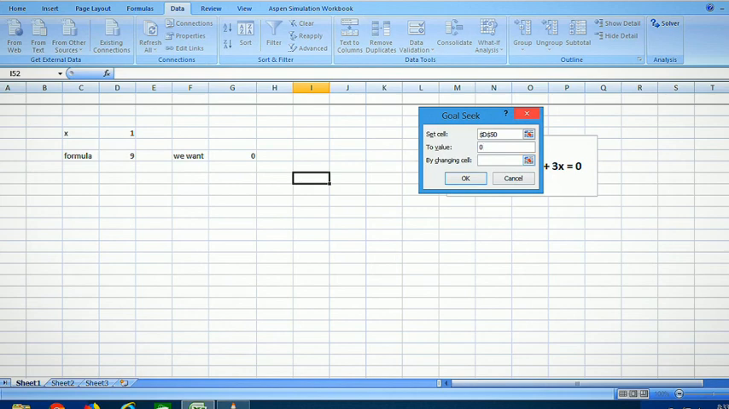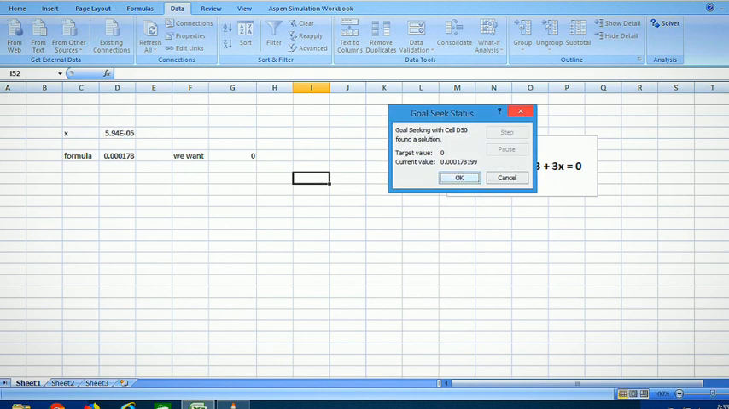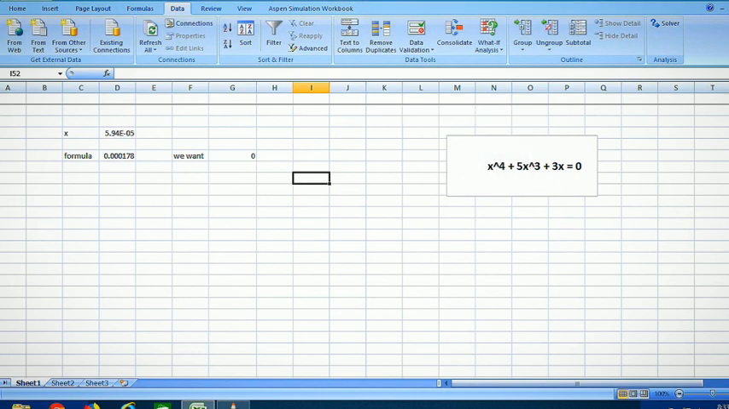Here we will set the cell, the formula cell, that's 9, to the value of 0 by changing the cell D48, that is the x cell. Here we go. So we have the formula coming out to be almost 0,